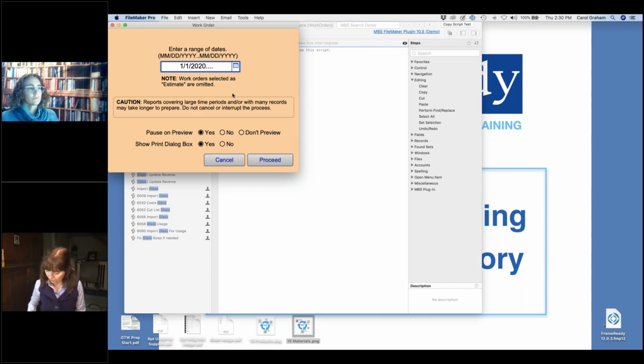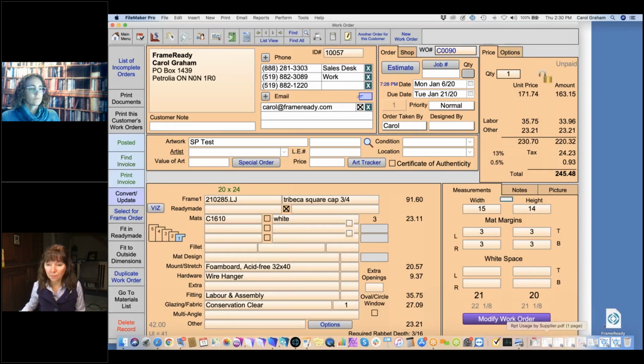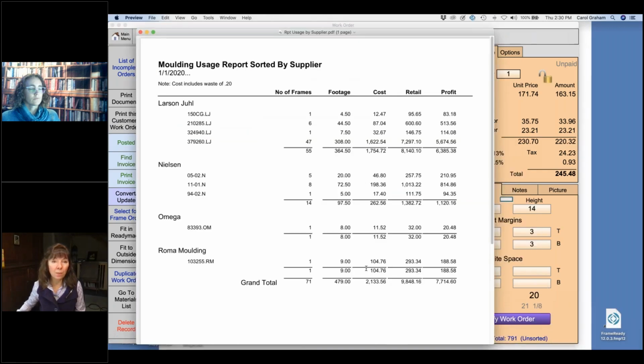Okay, and then 3 periods after that date to give me everything up to today. So if it's up to today, then I don't need to enter in the last date range. And I've created that report, so I'm not going to run the report right now, but I am going to go down to the bottom of the screen here and pull up that report for the mat board usage by